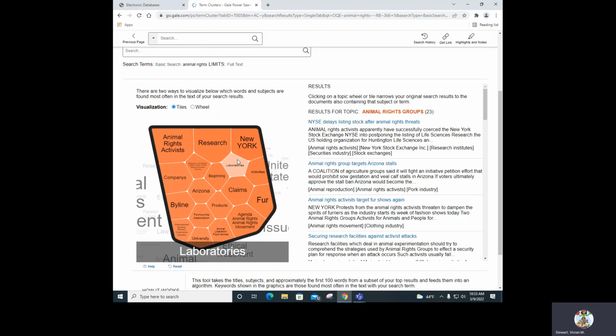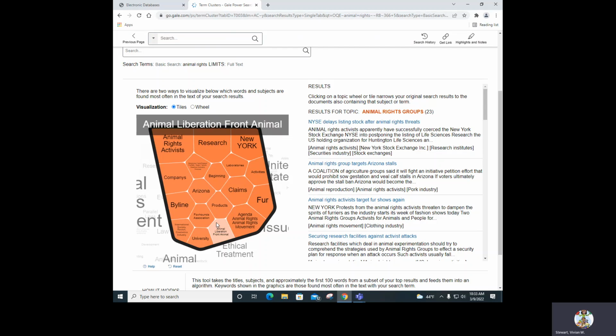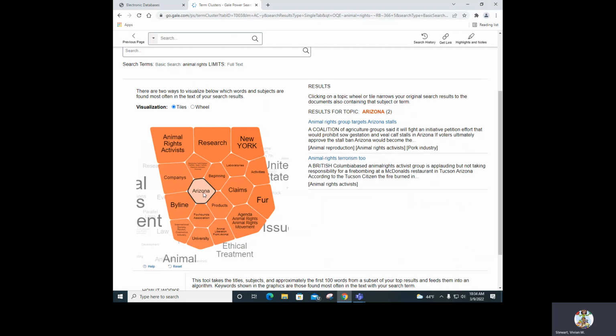And from animal rights groups, these are the type of things that branch off from that. So I could see the relationship. And maybe I wasn't sure what Arizona had to do with this. So if I select Arizona, well, then now I have articles that talk about the relationship between the animal rights groups and Arizona. Can you see where I'm going?